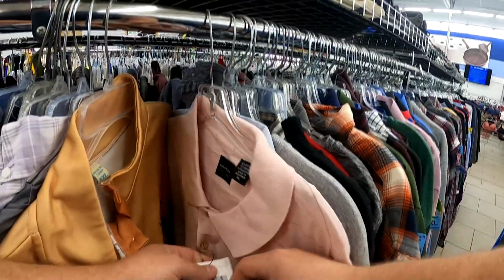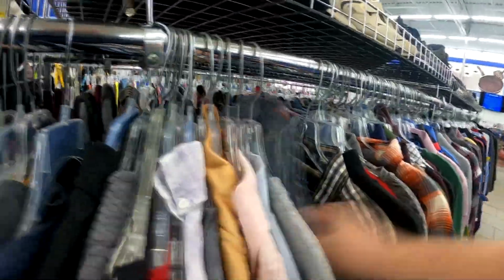Obviously, this shirt didn't have the sell-through rate I wanted, so I went ahead, put it down, and kept rolling. Now, one thing I like to do is look for shirts that still have tags on them. That one had it, but I know that brand, even new with tags, it's not going to be